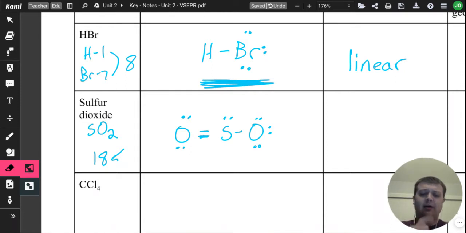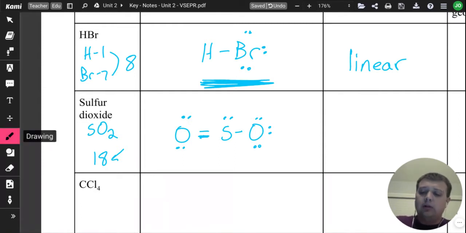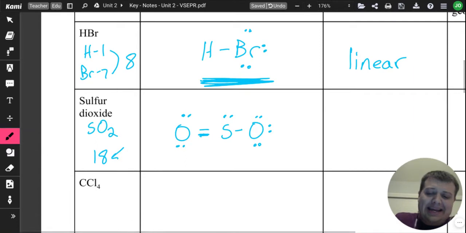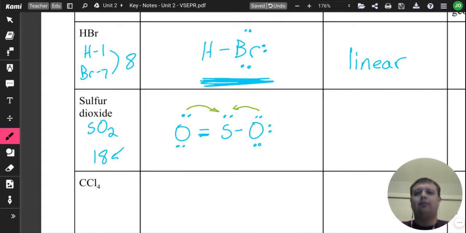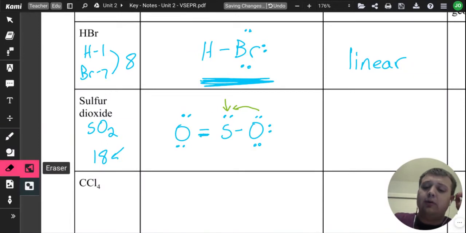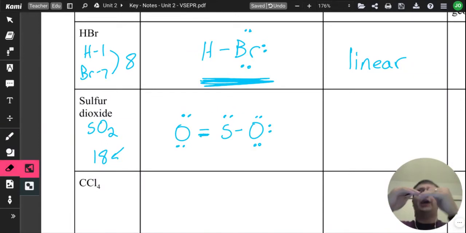Now, how does this actually look? All right, so looking at this, right here between my oxygen and the sulfur, I've got some repulsion there. I've got what's called a lone pair on top of that sulfur. Now, a lone pair is extremely repulsive. It's very, very, very repulsive. And so what it's going to end up doing is push away the other two